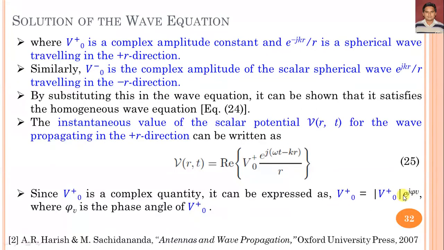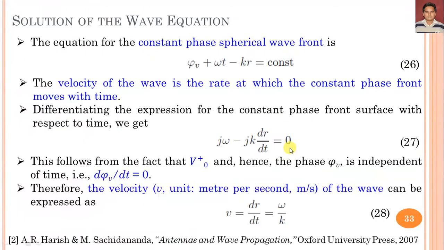From this equation, when we put the value of V plus naught in equation 25, we get phi of V plus omega t minus kr equal to a constant. So the velocity of the wave is the rate at which the constant phase front moves with time. Differentiating this expression for the constant phase front surface with respect to time, we have: